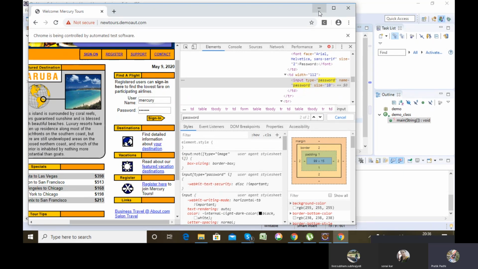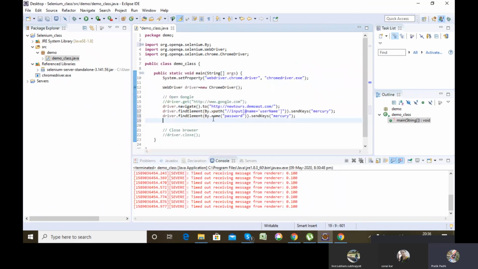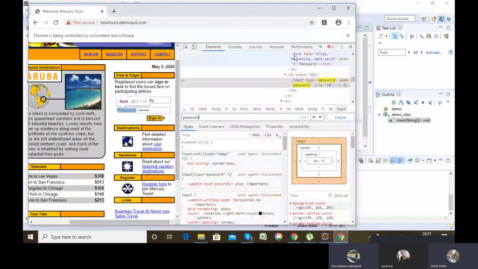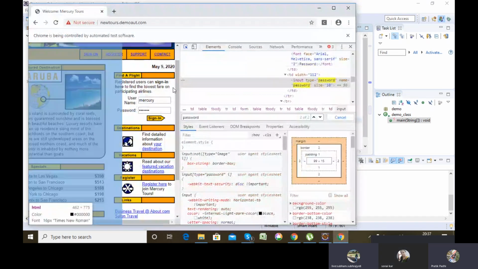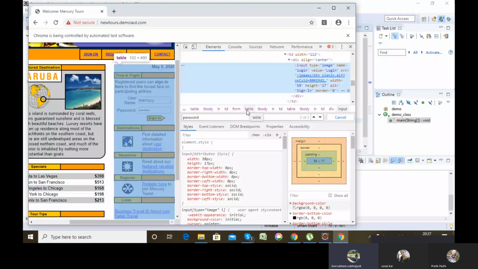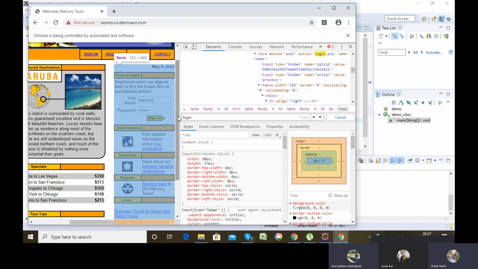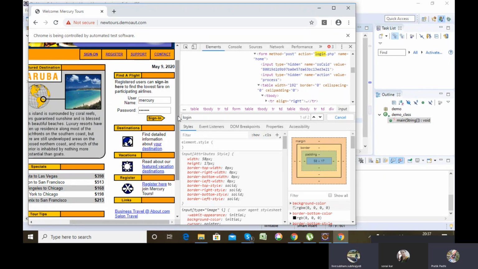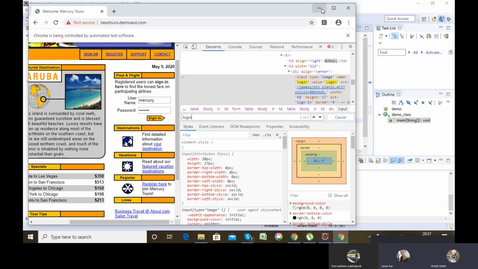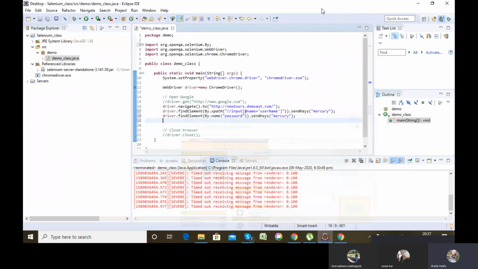Without writing the XPath, I directly used By.name and gave the value. Similarly, the name attribute with value login is also unique, and it is only present for this sign in button, so here also I can use the web element value.